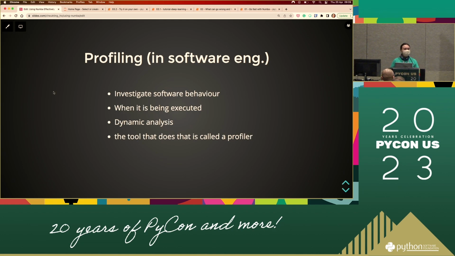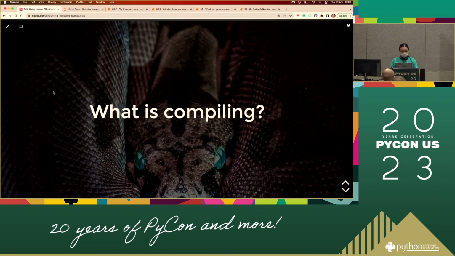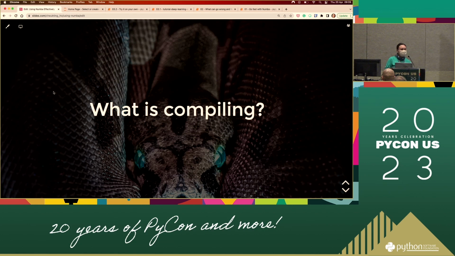Those are called profilers. There are different types of profilers. A few days ago at PyCon DE, I gave a talk about memory profiling, which is another type. Today, we care more about speed. We want to investigate which part is slow, so maybe we can improve that part.